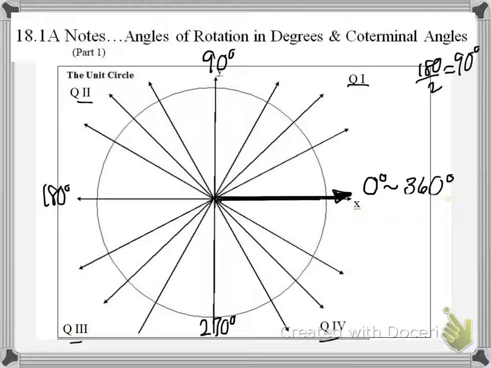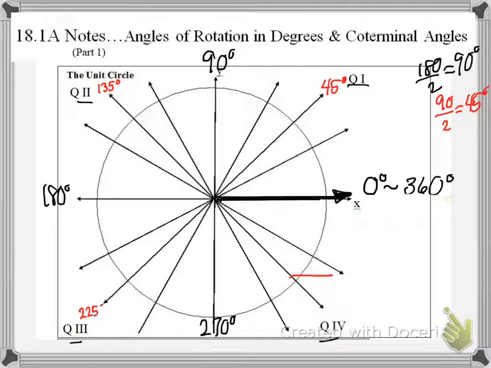And then I need to split that up and have numbers on all of those other lines. I'm going to start here with, what if I took my 90 and divided that in half? And I'd have 45 degrees. So I'm going to have 45 degrees here. And if I add 45 degrees plus 45 degrees, I get to that 90 degrees. Plus another 45 degrees takes me to 135 degrees. Plus another 45 degrees takes me to 180 degrees. Plus another 45 degrees will take me to